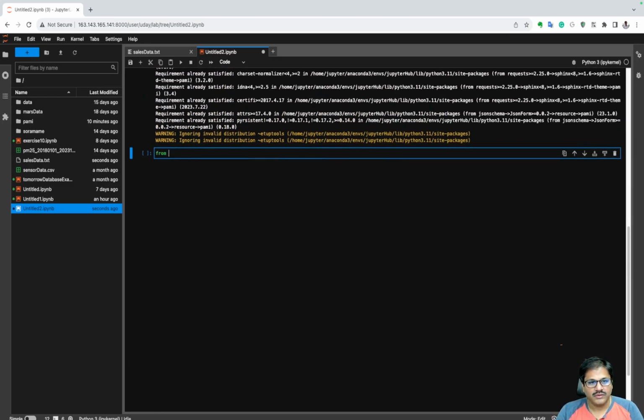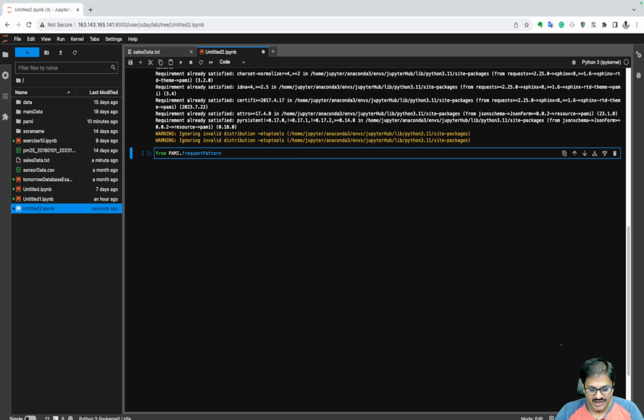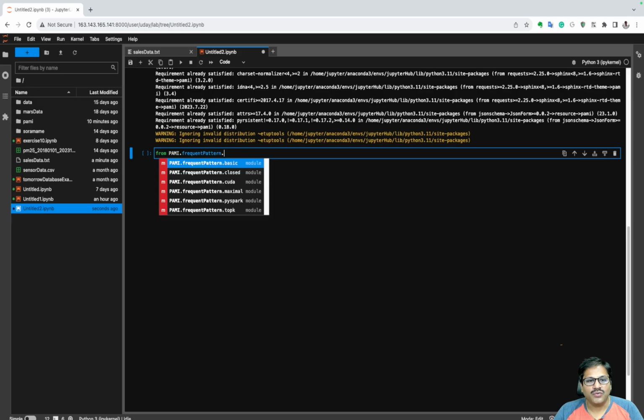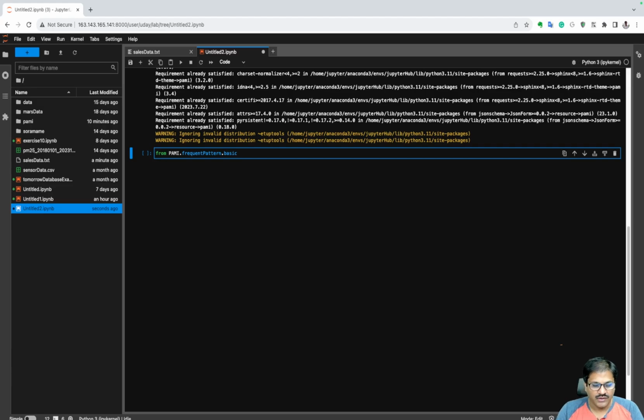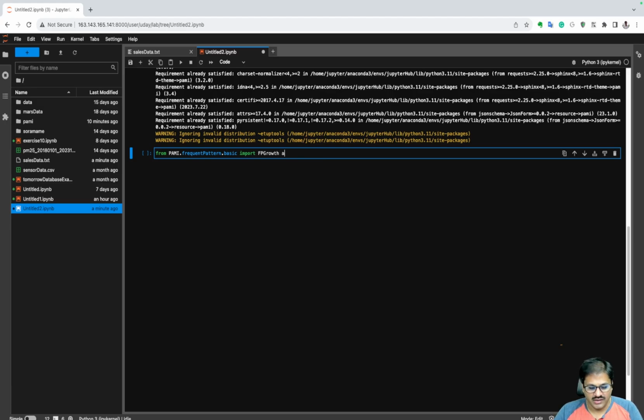Now let us use the package PAMI. We want to find frequent patterns. Our objective is to find all frequent patterns in a database. So since we are looking at all, let us use the word basic. From this, let us import the algorithms. Let us use the FP growth algorithm